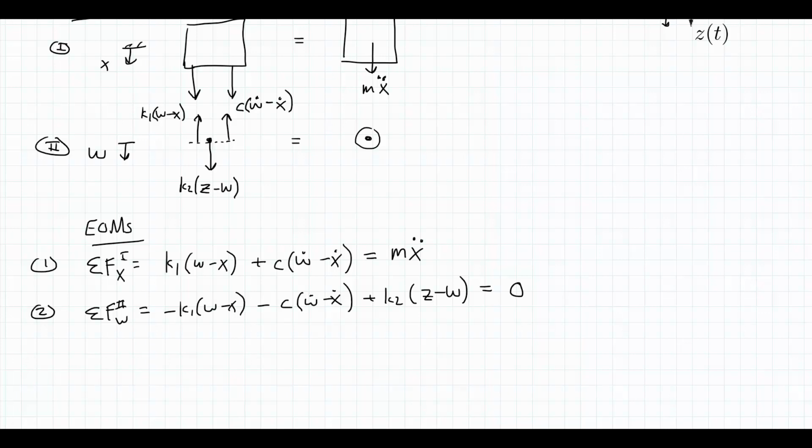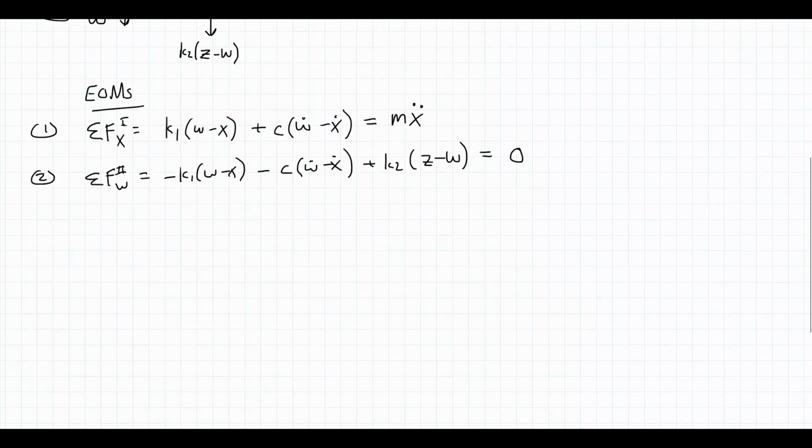Two equations of motion from the free body diagram. Now I'm going to rewrite them just a little bit. So in one, I want to distribute the k1: k1 w minus k1 x plus c w dot minus c x dot equals m x double dot. This will make it, I think, a little bit easier when we do the Laplace transform, which actually I'll do